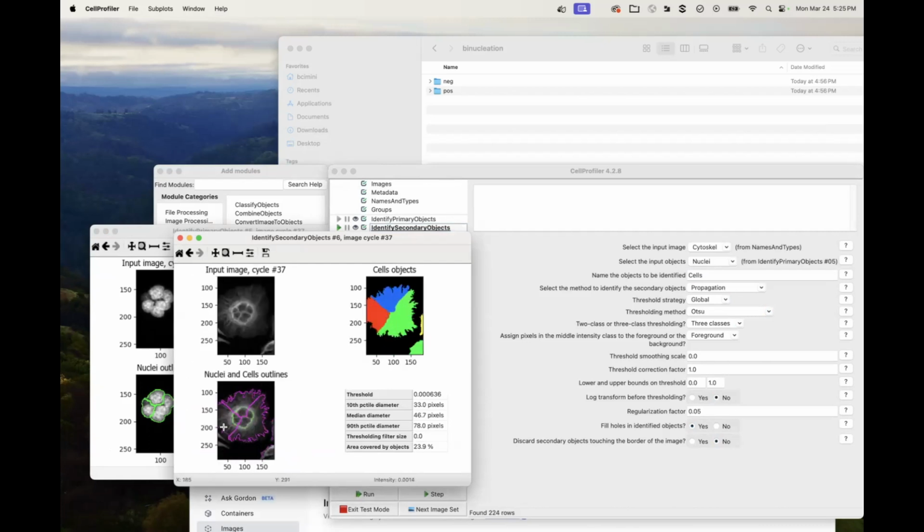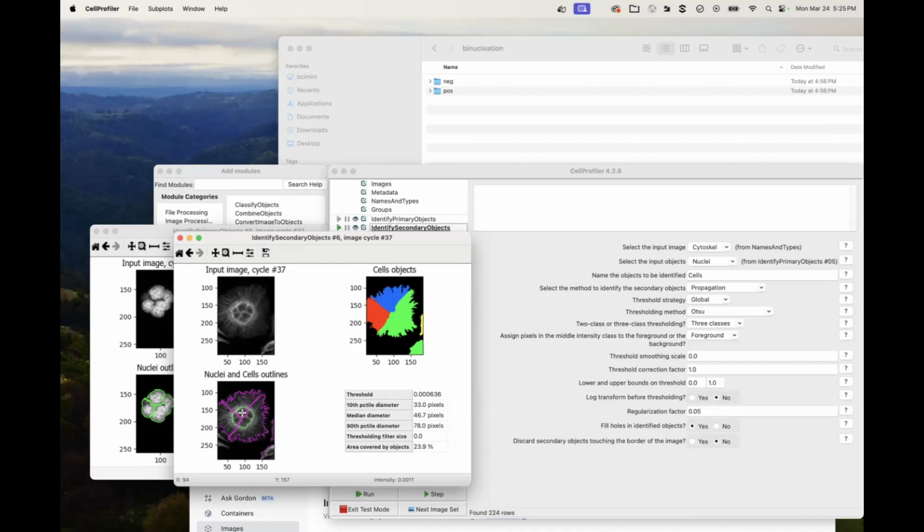But in this case, where it actually did do a good job of splitting some nuclei off, now we're in a terrible position in that this cell is now broken into chunks, which is definitely not what we wanted. Sadly, that does not look like the cells we want. Cell chunks is not a descriptor that we generally want in our biology.